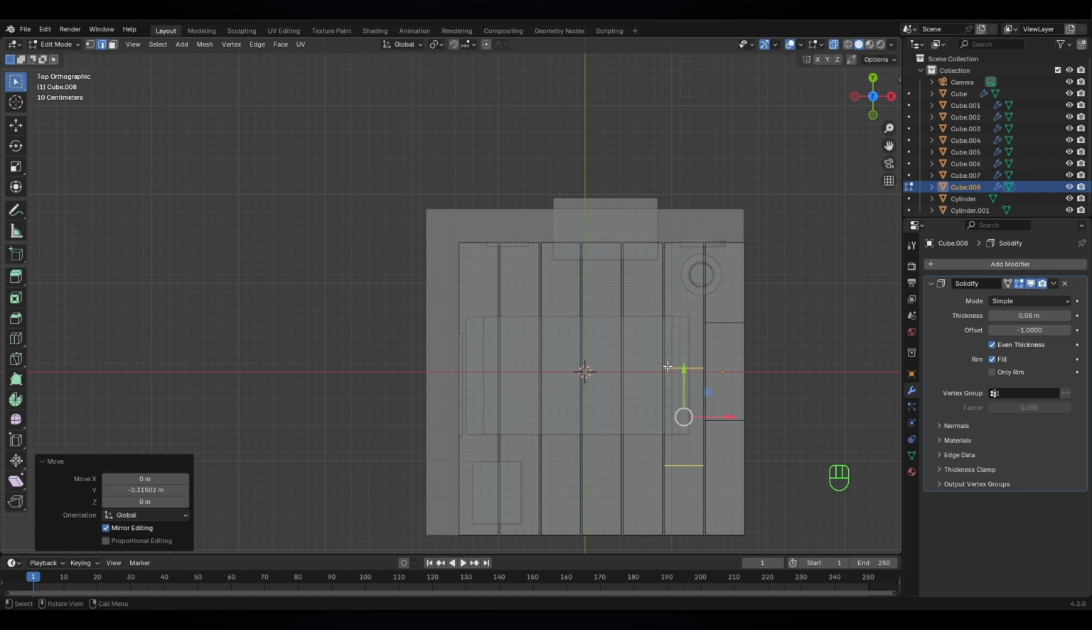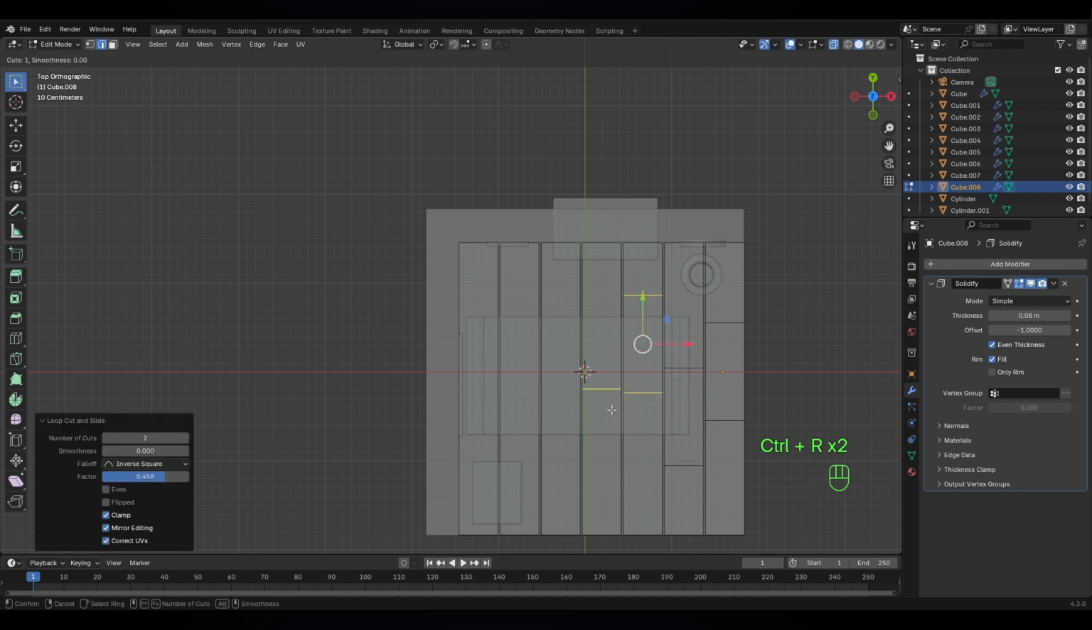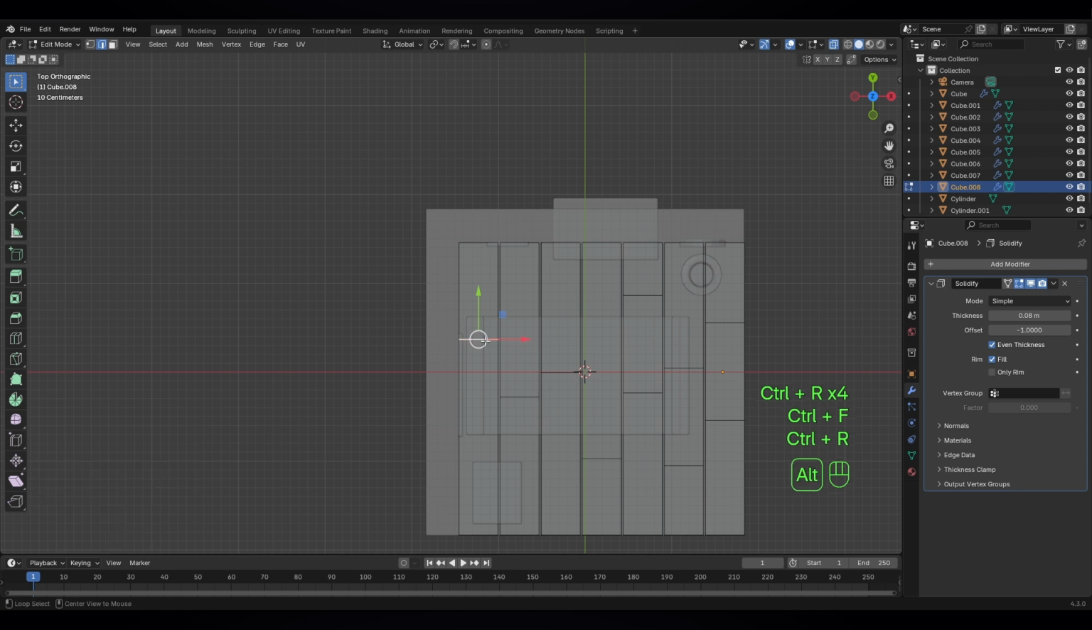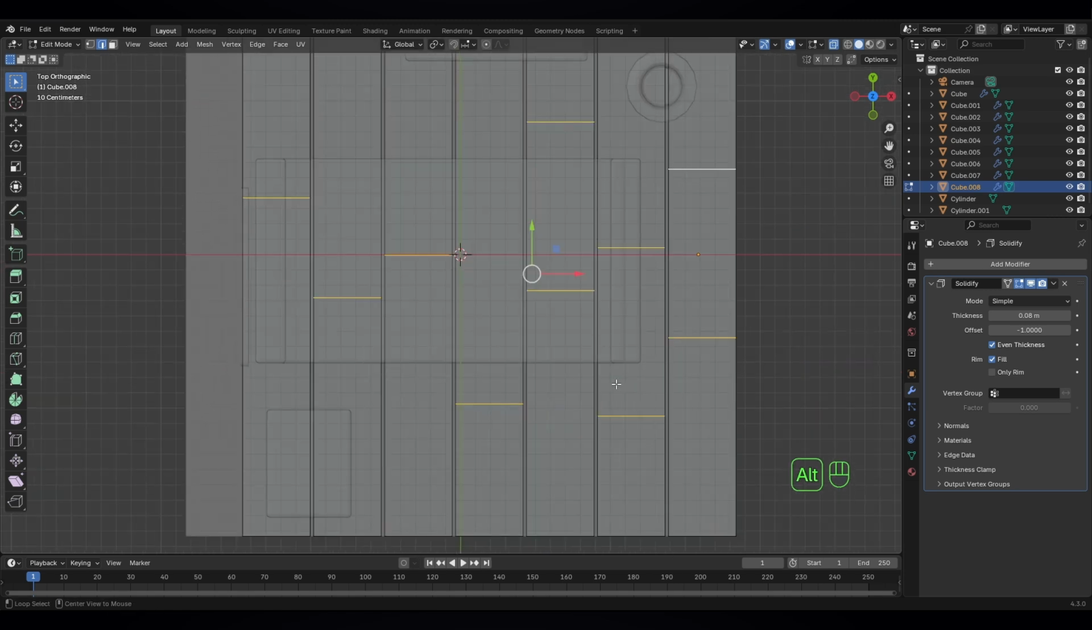Okay, you can do it like this. I'll just speed up this process. I will just press Ctrl R and scroll your mouse to get more loop cuts. One here, another one here. Now let's select them all by pressing Alt Shift click. Okay, once we select them all,